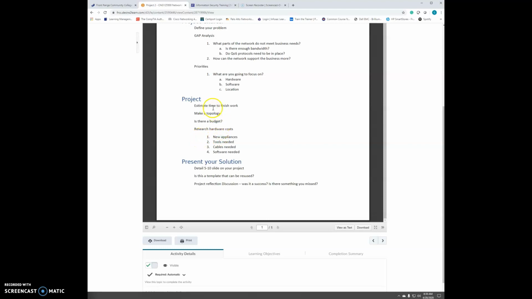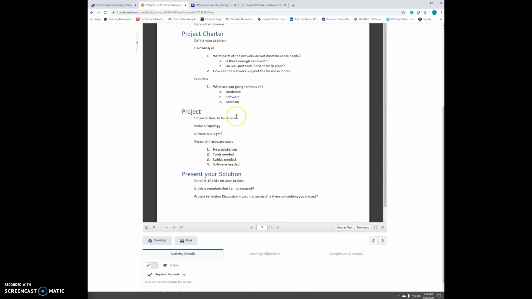My project estimated time to finish. I tell you what, it was relatively easy to buy the hardware. I went down to Office Max, I believe, and picked it up for under $100, and it is 2 terabytes. Topology: I had to buy or use a Netgear switch that I had lying around the house, so I had to throw that into my topology and put my network attached storage, NAS, onto that switch. So it did change my topology internally a little bit.